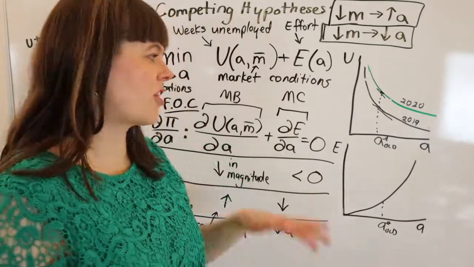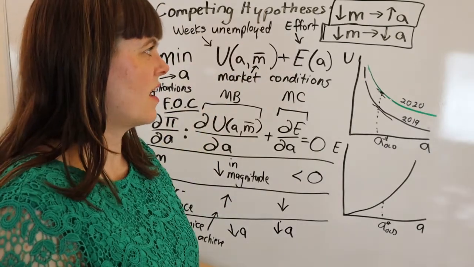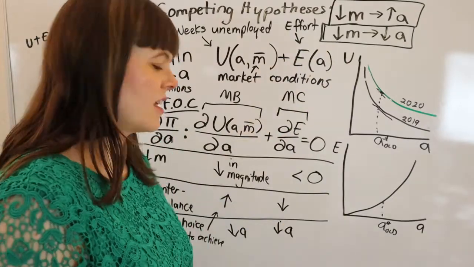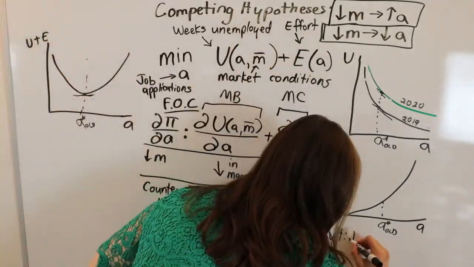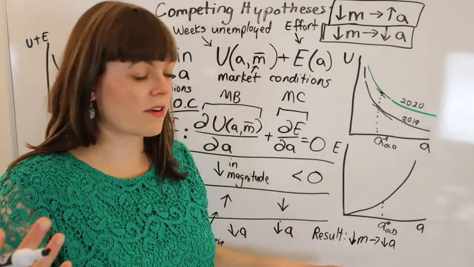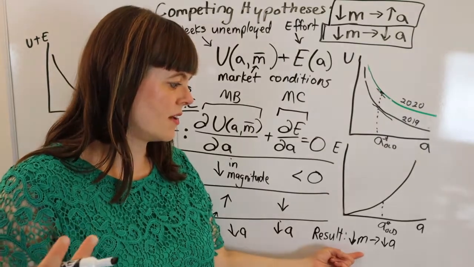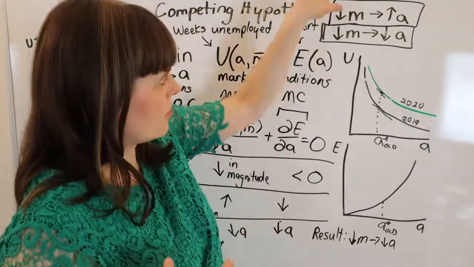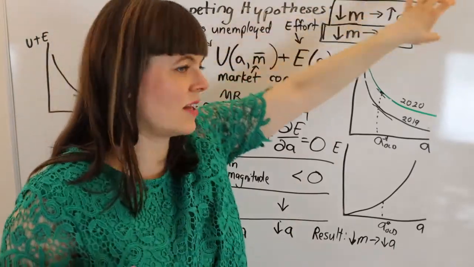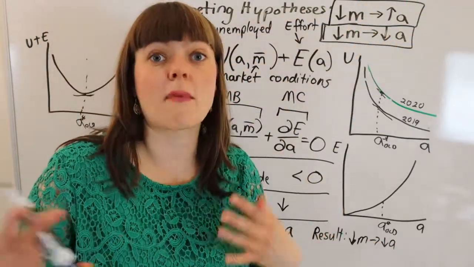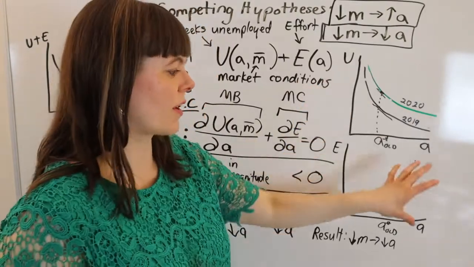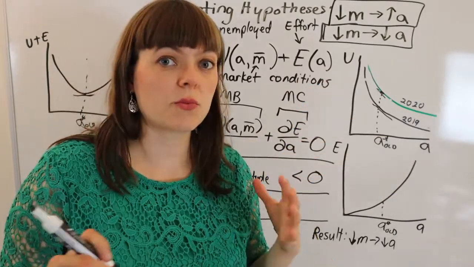Well, we've just gone through this entire intuition, and we ended up at the same result. We ended up with a positive elasticity. Let me write out the result. The result of these comparative statics were a decrease in M led to a decrease in A. And so if you still believe that this elasticity is going to be the truth, or if it matches some of the data you see, you're going to have to adjust the story to figure out